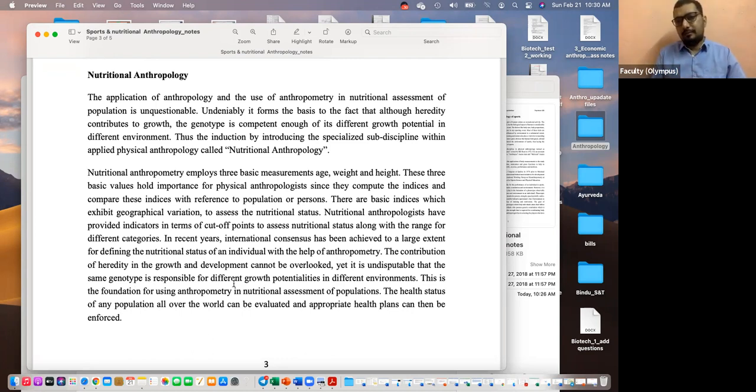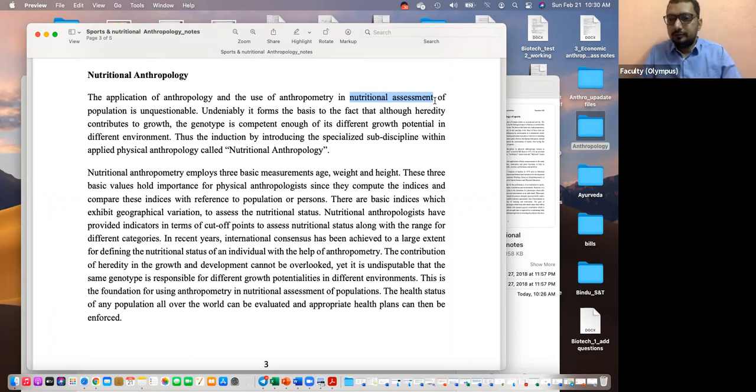Anthropometry definitely is useful in nutritional assessment, like we talked about, taking height. As soon as children are born, we check their height, we check their weight, we monitor their height and weight. In a case study we also saw that there is a trend and there are specific reference points. If a person is fed well, he has to show a certain amount of incremental change in height and weight. Is it possible for us to measure them?